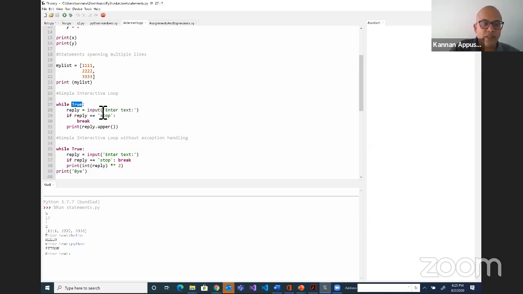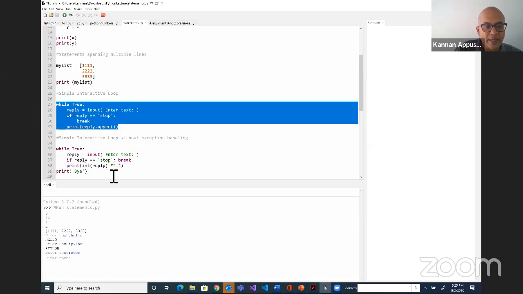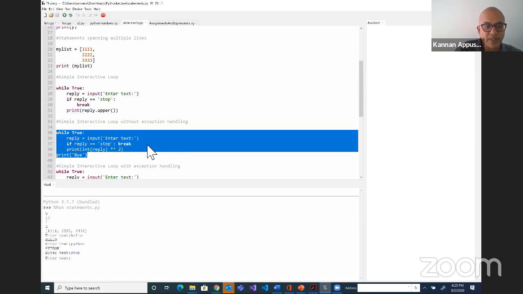When does it become false? As long as reply is not equal to stop, it's a true statement. So when I say stop here, it exited this while loop, but it entered into this while loop. Because I have different examples here. So now in here,